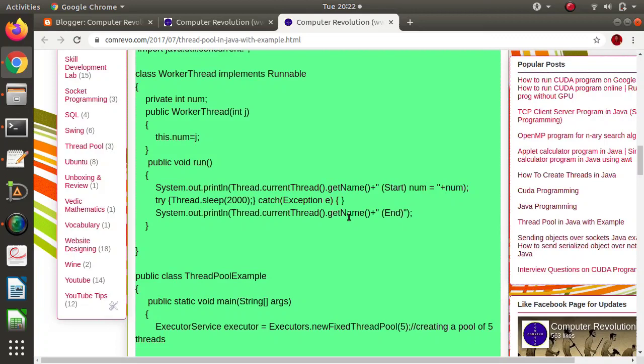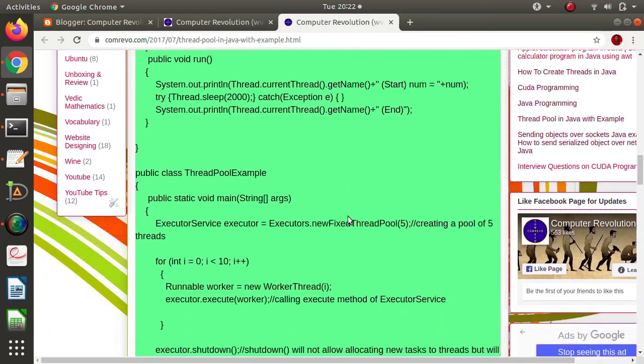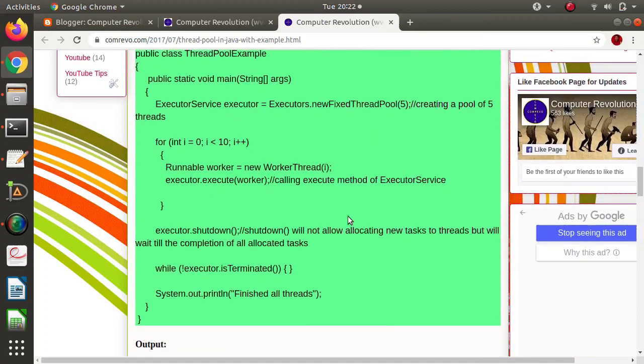One example I have written. Now see, for creating a thread pool, one interface is provided, that is ExecutorService. ExecutorService is an interface. As it is an interface, we cannot create an object directly. We need some implementation.